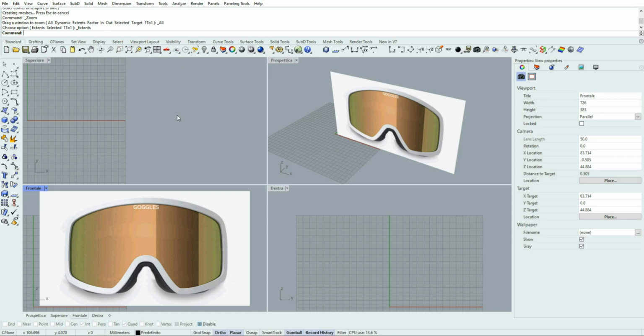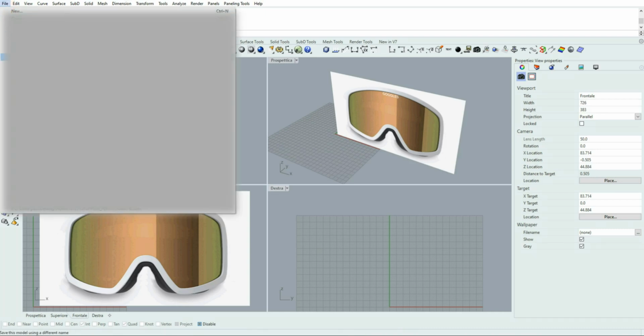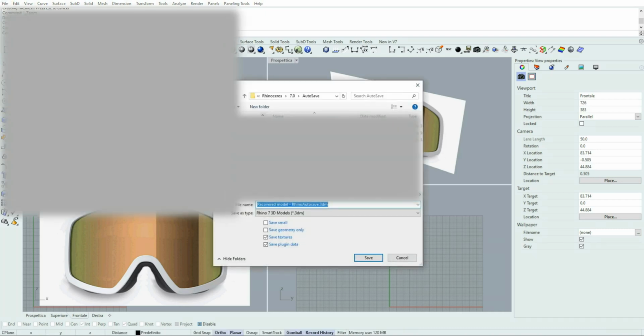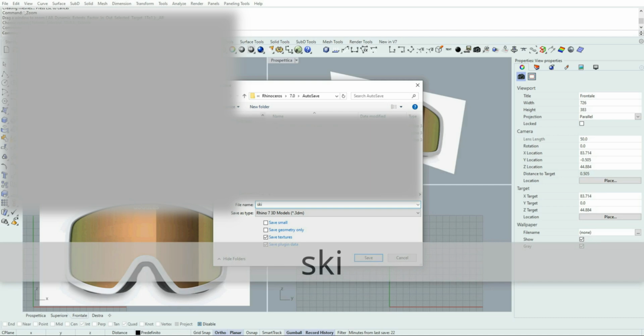Zoom extents. Okay. Save the file and choose a very simple name like ski goggles.